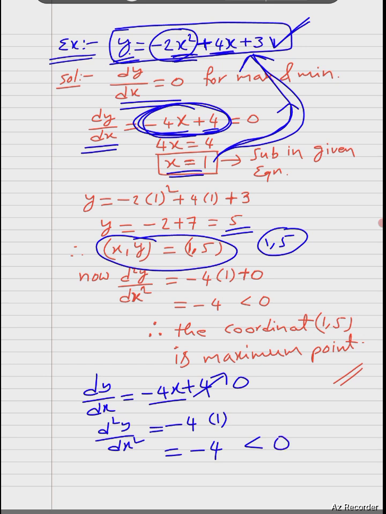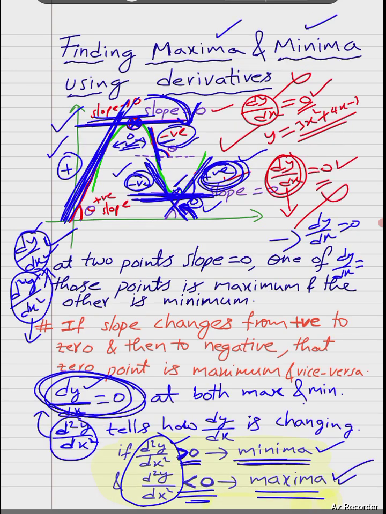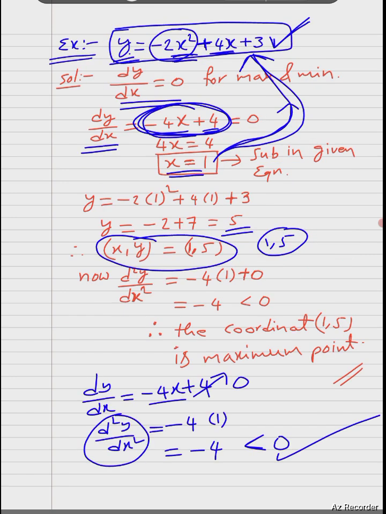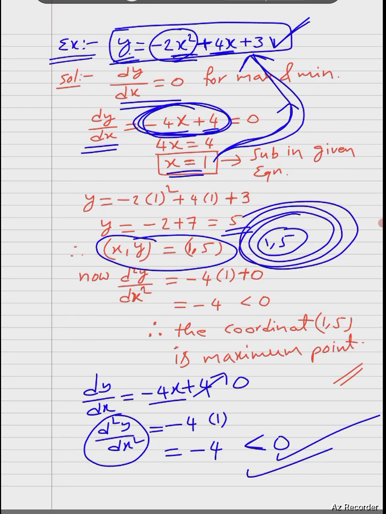If d²y/dx² is less than 0, what is that? Maximum or minimum? Less than 0 is a maximum. Okay, so this coordinate 1 comma 5 on the graph is a maximum value. Okay,